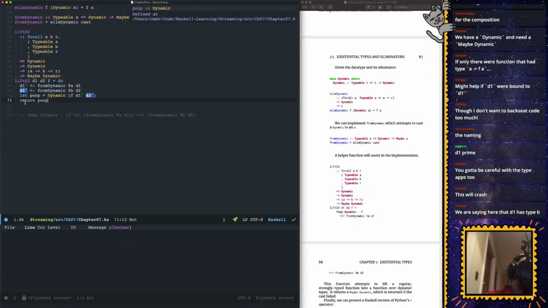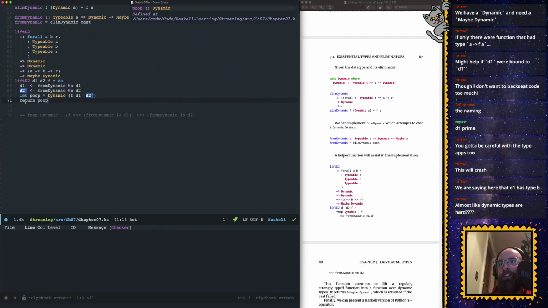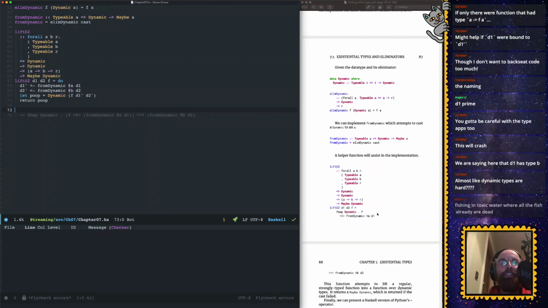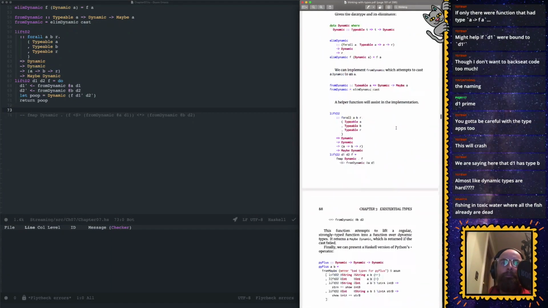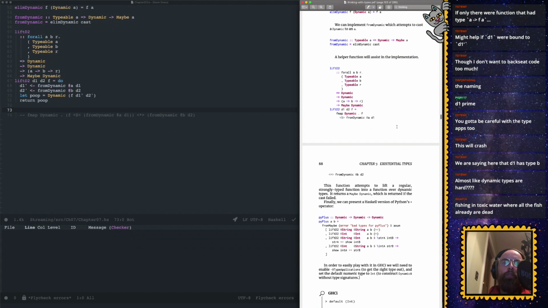So essentially, which is what this part is about, we're making Haskell dynamic, aren't we? Almost like dynamic types are hard. Almost. Well, this whole chapter was based on the fact that we're trying to make something like... what did it say? I forgot what it actually said. Yeah, we'll just do a dynamic language, like Python. That's it, Python style. So to be able to use plus with either